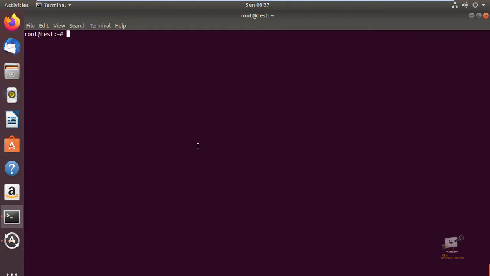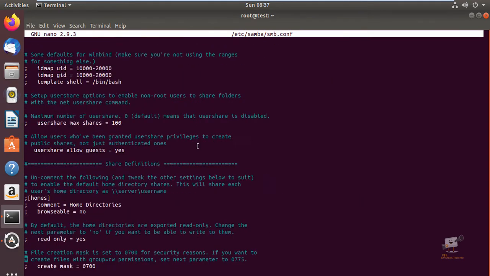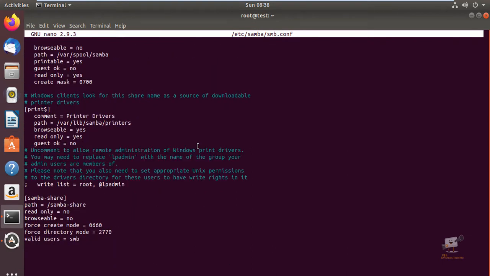First, you can see how to restore the deleted share from the Samba server. We can go to the configuration file. I have already created a Samba user and also set the permissions for the user. I have also added a share for that user.